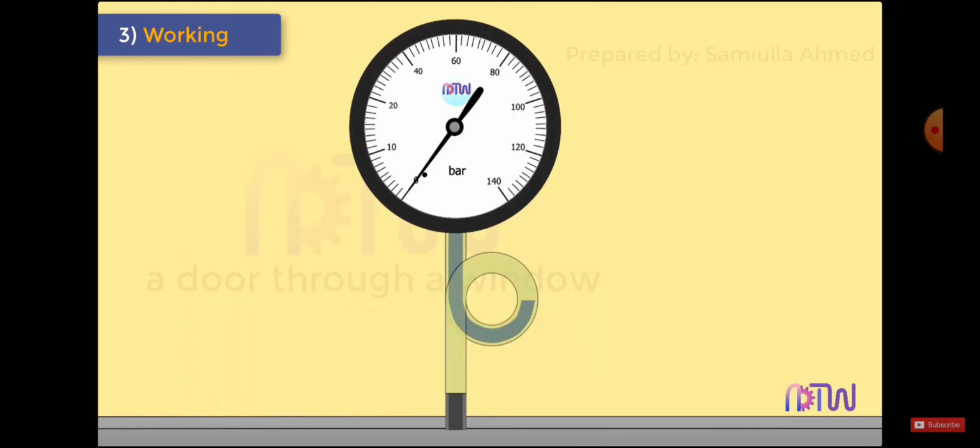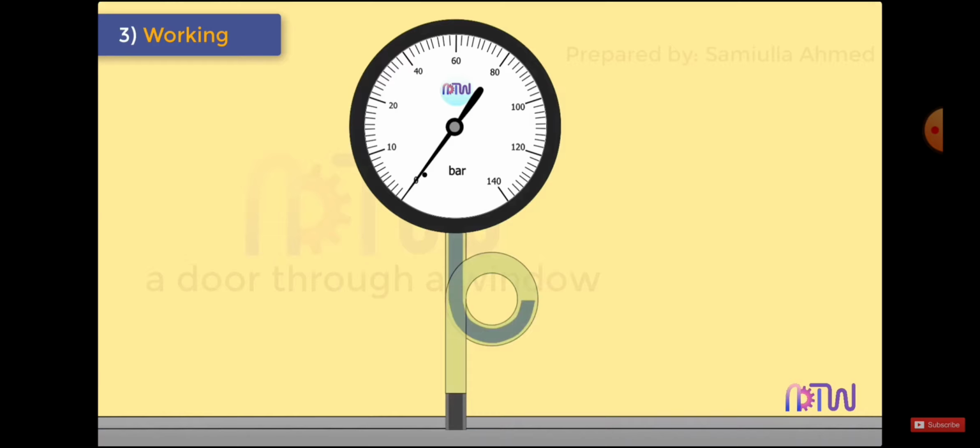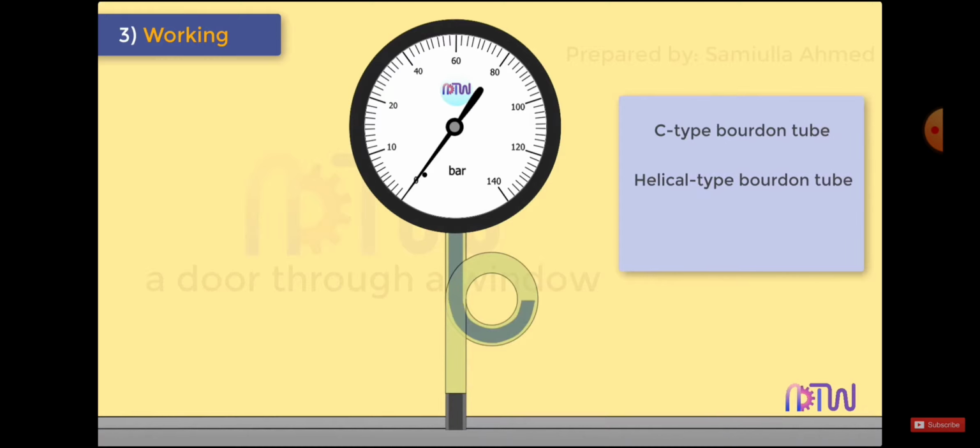In real-life applications, the pressure gauges are mounted with a siphon tube. A siphon tube is a simple device used to protect a pressure sensor from high-temperature media, such as steam. It can also be used to reduce the potentially damaging effects of rapid pressure changes. When first installed, the siphon should be filled with water or some other suitable separating medium. This medium continuously remains in contact with the Bourdon tube. Bourdon tubes are generally made in three shapes: C-type, helical type, and spiral type.